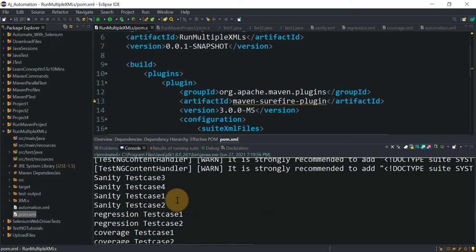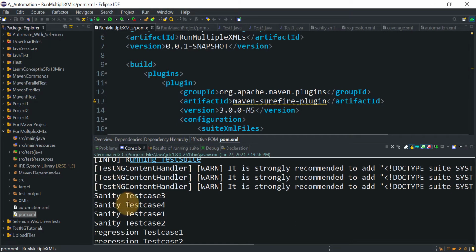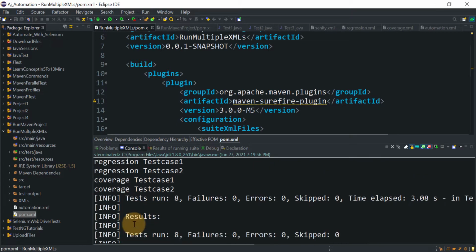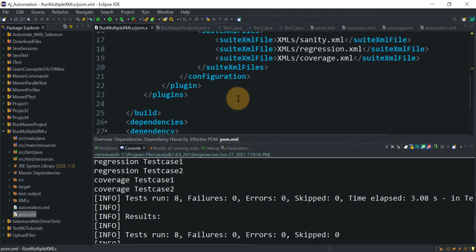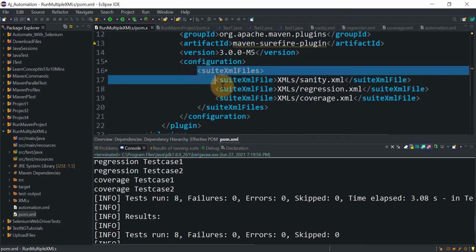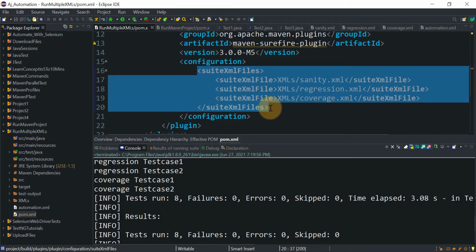okay, same output we got. First sanity test cases got run, then regression test cases, and then coverage suite XML test cases. This setting you can also do for the first objective. So I will copy this also.